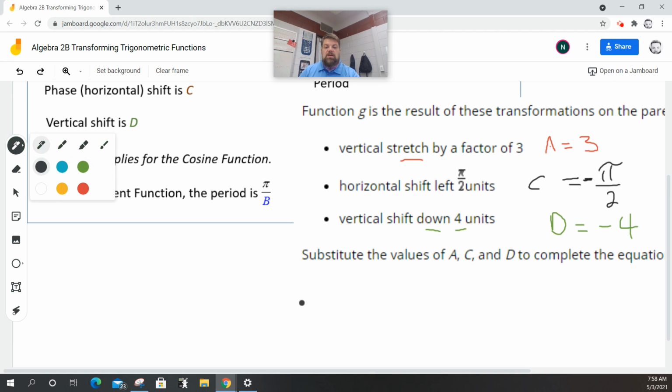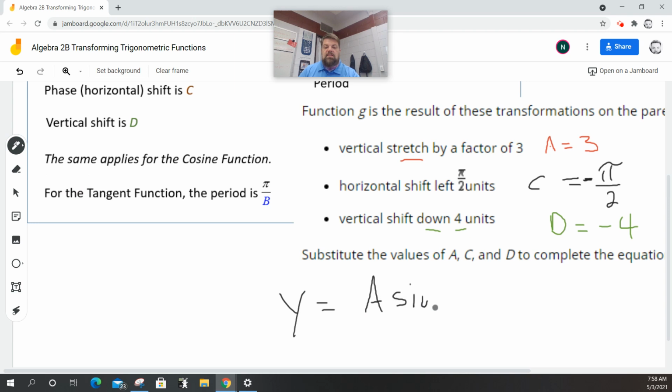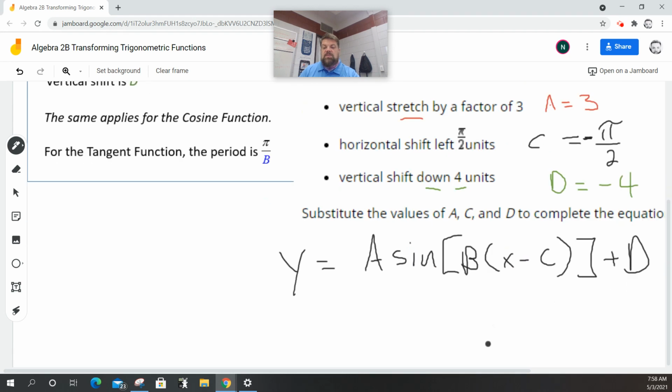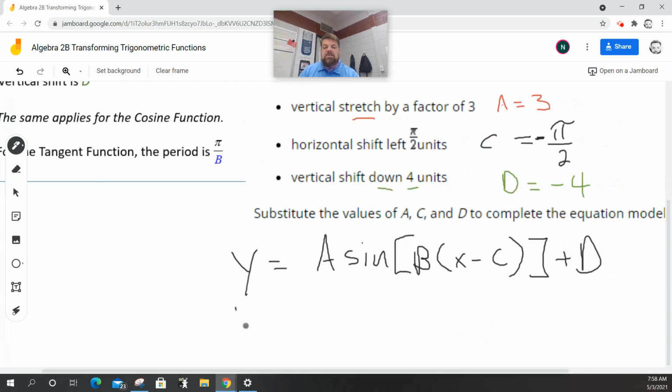use the equation up above, I would say that y is equal to A times sine of B times (x minus C) plus D. And I just got to plug some of this stuff in. So I'm going to say y is equal to positive 3 sine of